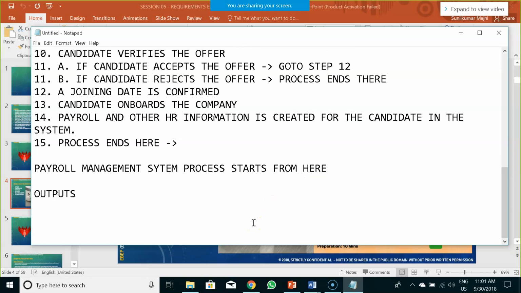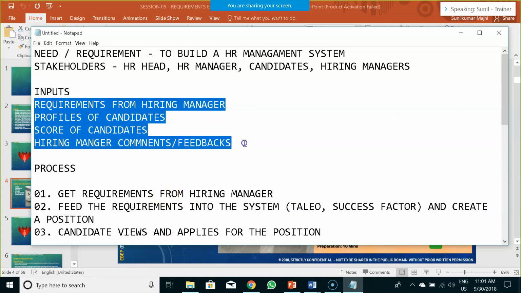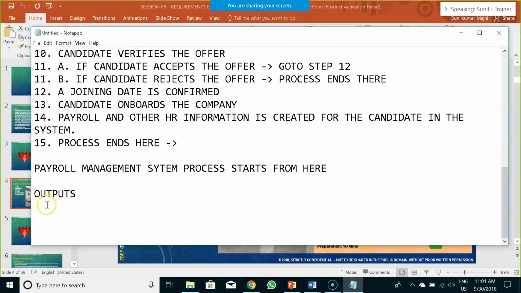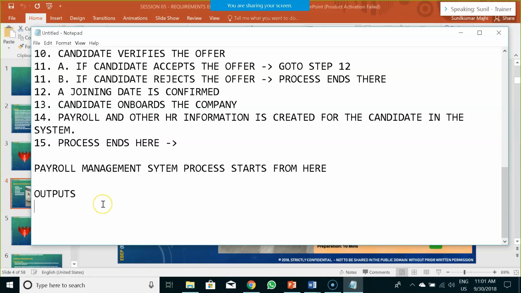See, output cannot be, I mean, in most of the cases, it is not in equal number as compared to input. It would be the end goal, what you are trying to achieve. So here there is an end goal throughout this process. Can anyone identify what is that end goal, which would be considered as output?